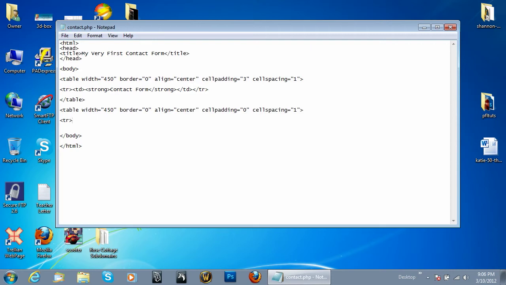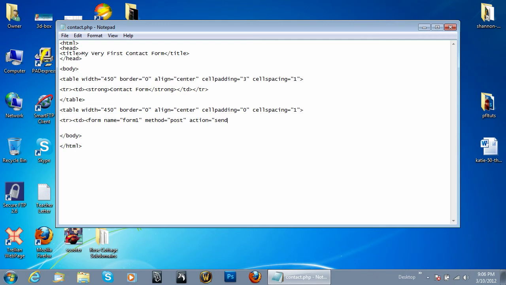form itself. So here I have my TR and then my TD. And then I'm going to go ahead and just drop my form in here, which is going to be form name equals form1. And then I'll put a space there, and I want to put method equals post, which is actually going to allow it to be posted to the file that we're going to specify. If you use get, it won't work, so make sure that you follow that. And we're going to go ahead and put action